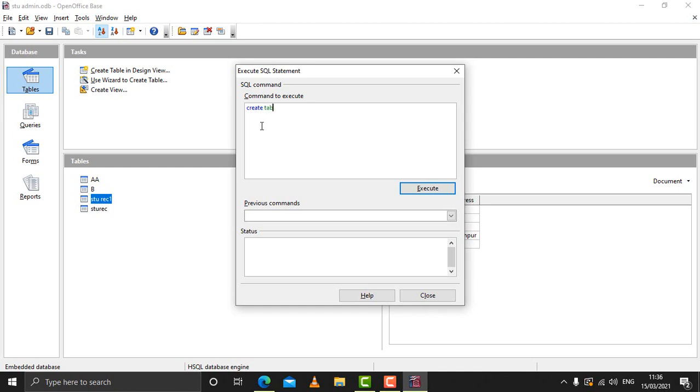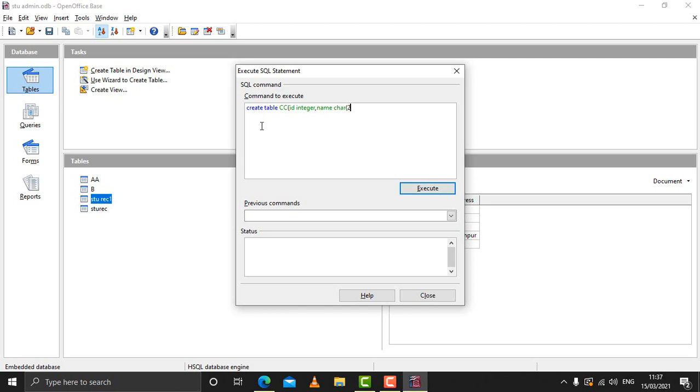create table. Say for example you create CC, and then open bracket and say it is first ID integer, comma, name CHAR.